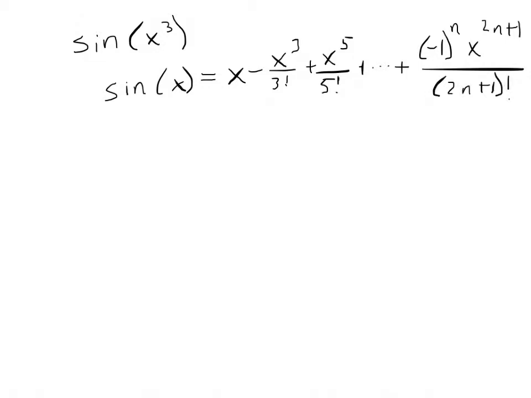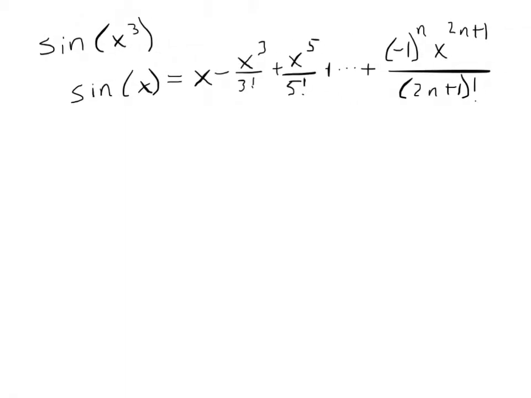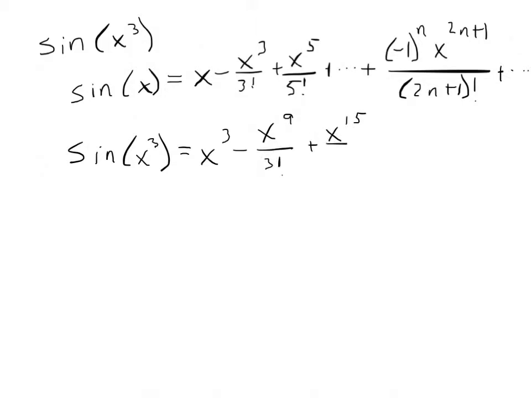And then there's a plus dot dot dot on the end. I suppose I could even scroll sideways and do that, because it does continue on forever. So now when you plug in the sine of x cubed, well, I'm just going to plug in x cubed. This will be x cubed minus x to the 9th over 3 factorial plus x to the 15th over 5 factorial plus,